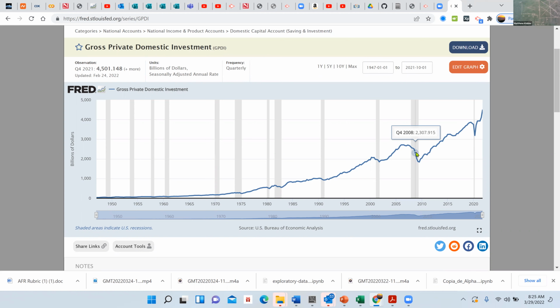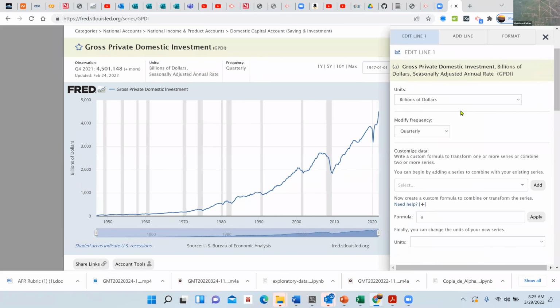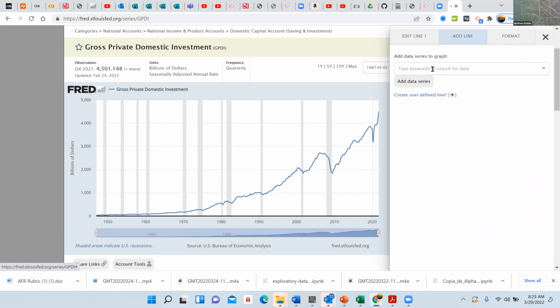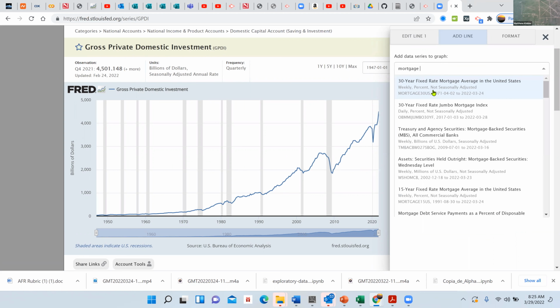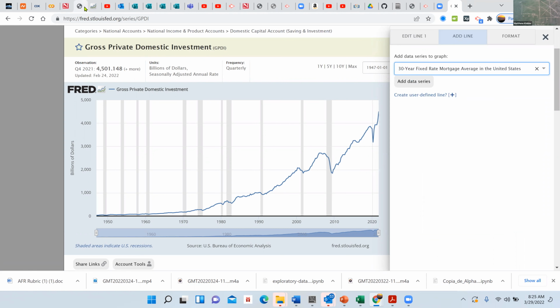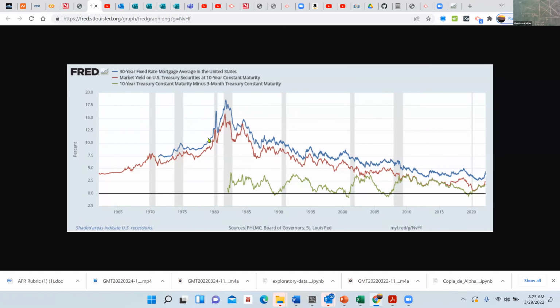Let's go ahead and overlay this. I'm going to add a line, and we could look at the mortgage rate. One other thing, looking back at the interest rates: one thing we could say about the 30-year mortgage and the 10-year constant maturity is that they're kind of moving together. You see that? They're moving together, and the 30-year is higher than the 10 because of the yield curve, right? And also because of the risk profiles. That's another thing we'll get into in finance.